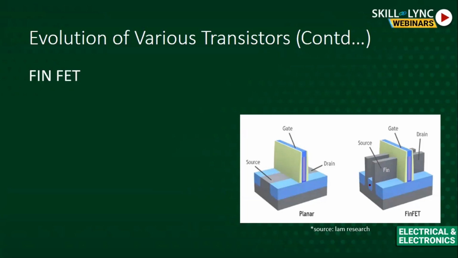It is no more horizontal, and now we have the fins, which act as the source and drain. In between them you can see there is an empty space, and the channel will be formed in between. It will be the same again: the potential is applied to the gate, and after the threshold voltage, the channel will be formed, and from source to drain we will see the electrons flow.